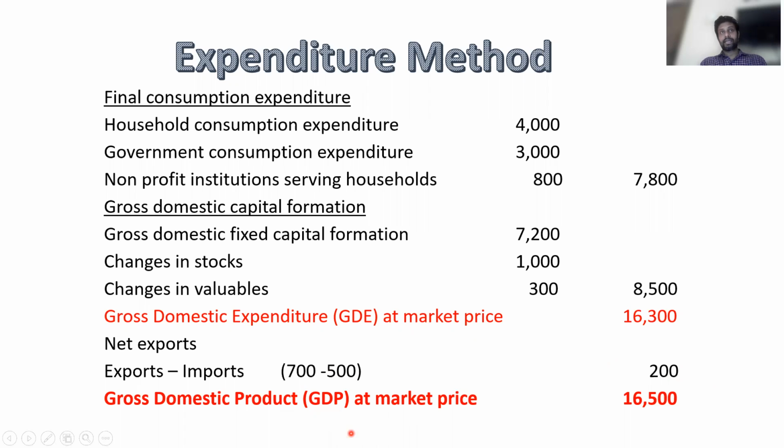GDP in such a case is lower than GDE. It is also a possible situation because we import a lot more than the goods we exported abroad. As a result, the country's GDP is lower than gross domestic expenditure. Anyways, here it is a positive value. As a result, GDP means 16,300 plus 200, altogether